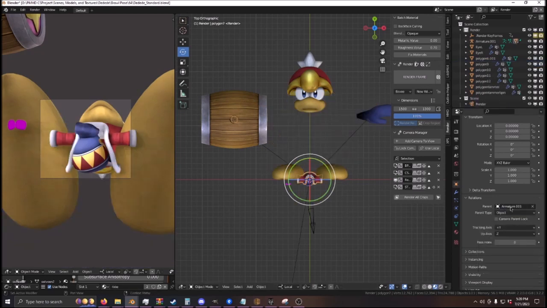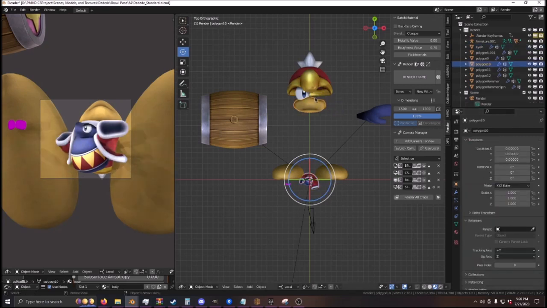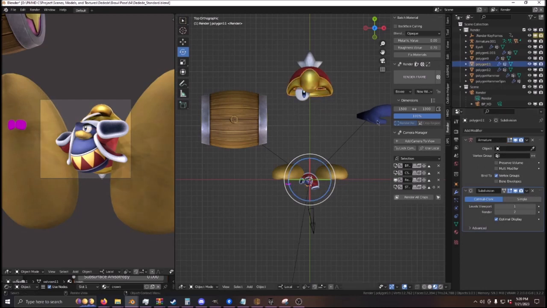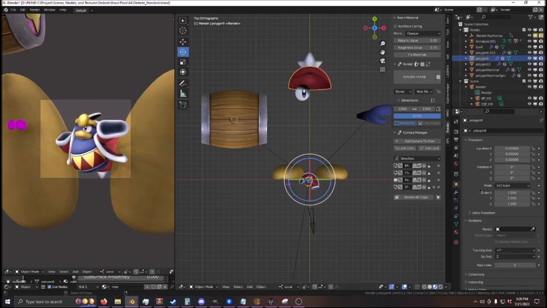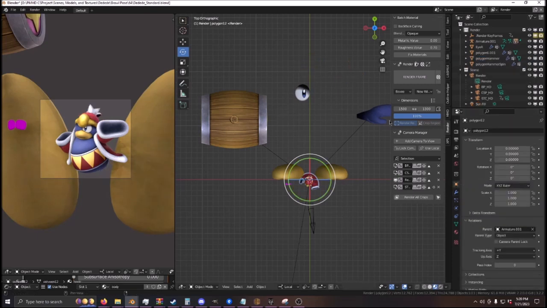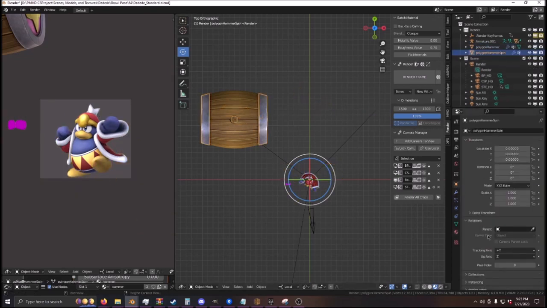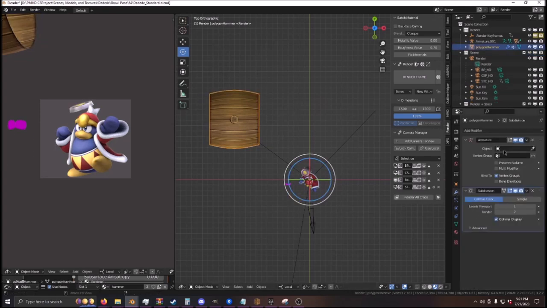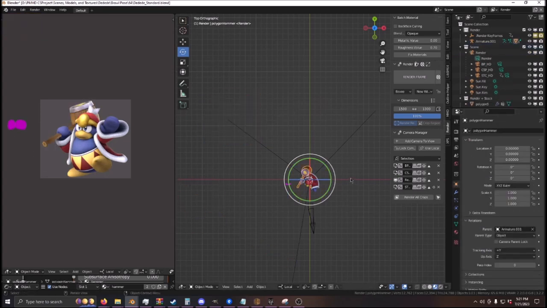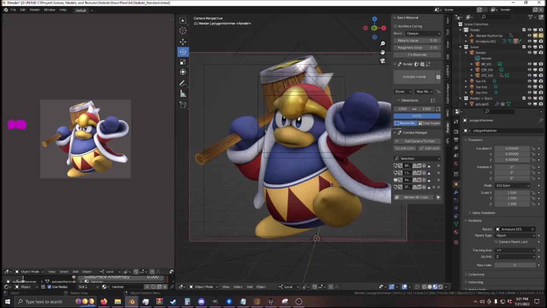So we do this for every single one. To speed up the process, you can hover your mouse over this little box and do Control-C, and that'll copy that path. So you can just start pasting it all over here, and before you know it, your entire model will be posed. Just like that. And then if you hit 0 on your keypad, you'll switch your view to the most